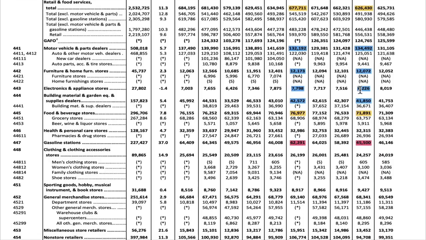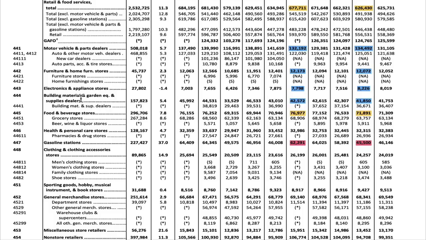Electronics and appliance stores, 8.2 down to 7.8. When you had the stay-at-home, when everybody went home and nobody could buy services, everybody had extra money. Well, let's turn our home into an entertainment center. Let's buy as much entertainment in-house as we can. If we can't go out to entertain ourselves, if we can't go to the movies, let's recreate the movie experience in the house. Well, now that you can go back to the movies, look at that drop. So this had a lot of inflation, not price inflation, but inflated sales, because you're trying to replicate in your home what you can't go out to get. As soon as you can go out to get it, there you go.